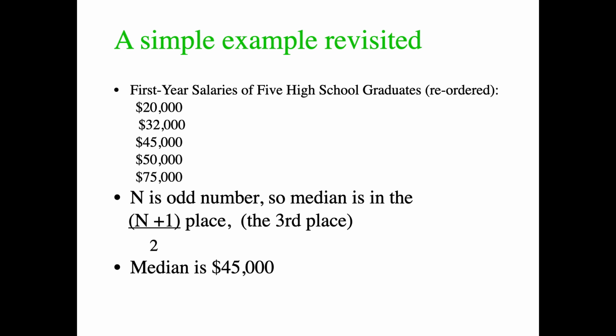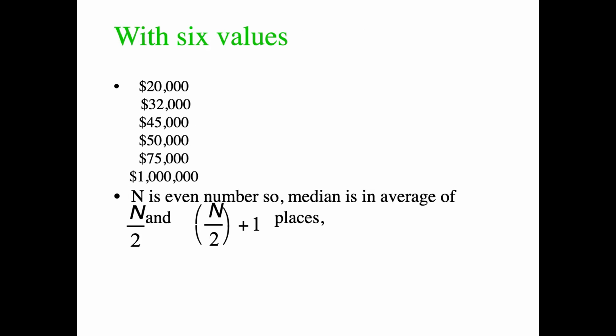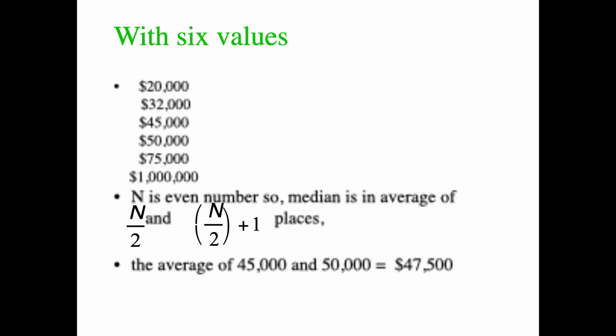Now, what about when we had that millionaire in the sample and we had 6 values? Well, that's an even number. So the median is going to be the average of the 3rd and the 4th places, right? If I take 6 and divide it by 2, that's the 3rd place. And if I do 6 over 2 plus 1, that's the 4th place. So I want to take the 3rd value and the 4th value and find their average. I count down and find that 45,000, and the other one is 50,000. So the 3rd place is 45,000, the 4th is 50,000, and the average of those two numbers, the halfway point